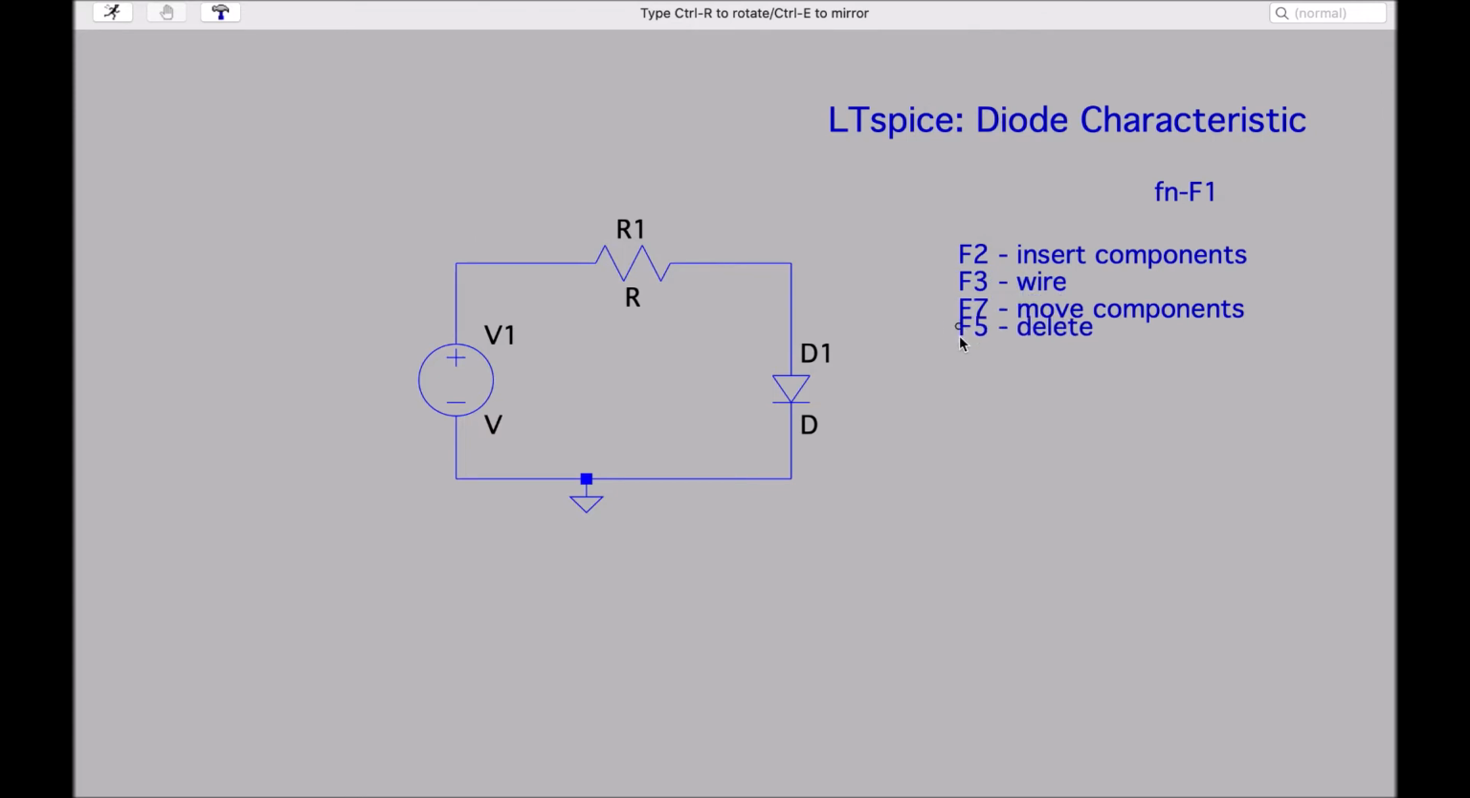So I'll give an example. If I press function F5, I could delete that ground there, for example. Just clicking once to delete. Now, notice my cursor is still on the delete mode. Don't accidentally delete things that you don't want to. I need to press escape again to leave that mode. I'll put that back in again, G for ground, and put that in there. Okay, so now we've got our circuit